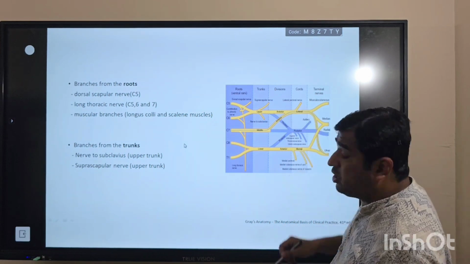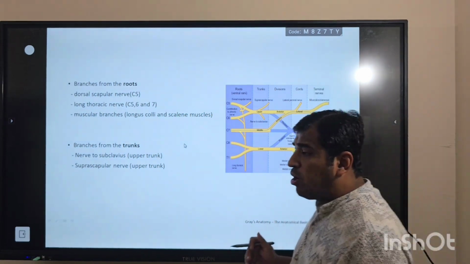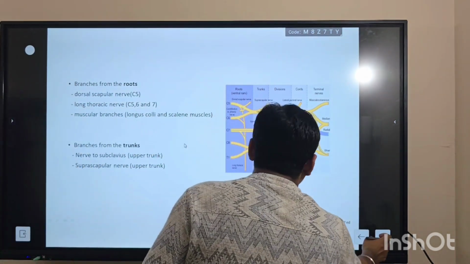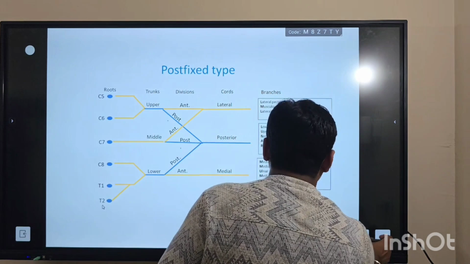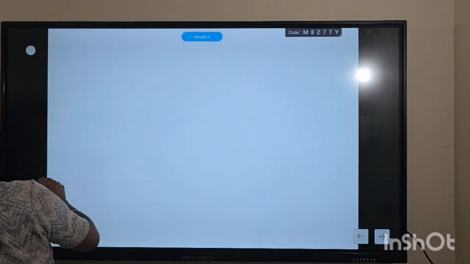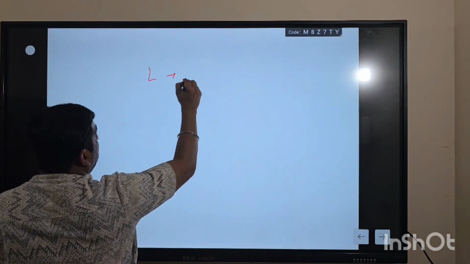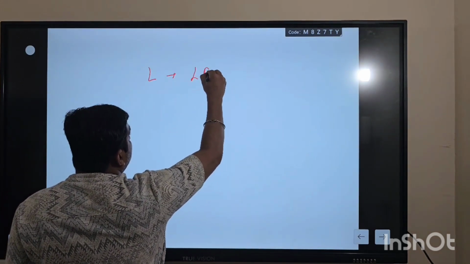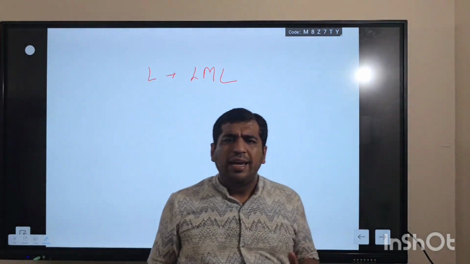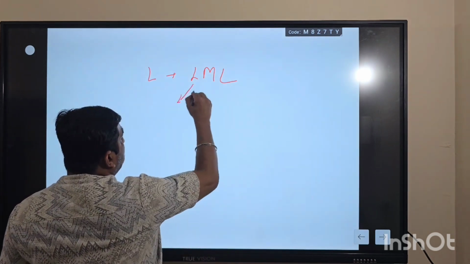Then we have the divisions. Divisions have no branches. Then we have cords. The branches of these cords have mnemonics. So I'll tell the mnemonics. The mnemonic for the lateral cord is L, M, L. LML used to be a scooter, very popular in the early 90s. So is LML. LML means